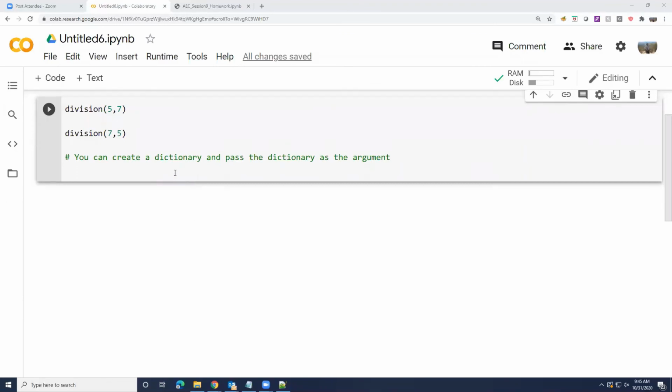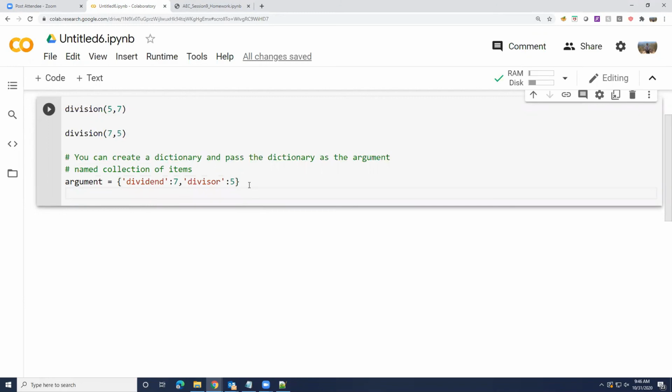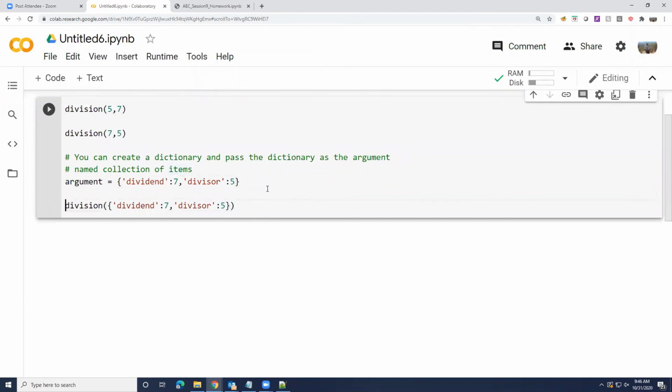Basically a dictionary is a named collection of items, where you are giving a name to each item. So you could create an argument with dividend and divisor, and imagine our function accepted this as its argument. Now this is very clear, right? It's very clear what we are passing to the function.